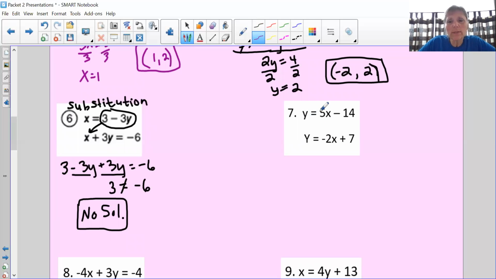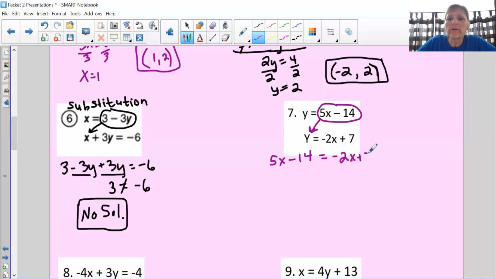I have y equals, so I'm going to circle what y is, and I'm going to put it in y's spot. Even though one is lowercase and one is uppercase, that's just the autocorrect, so don't worry about that. This is still just a small y. I'm going to take these 5 characters and put them in place of that 1. 5x minus 14 equals -2x